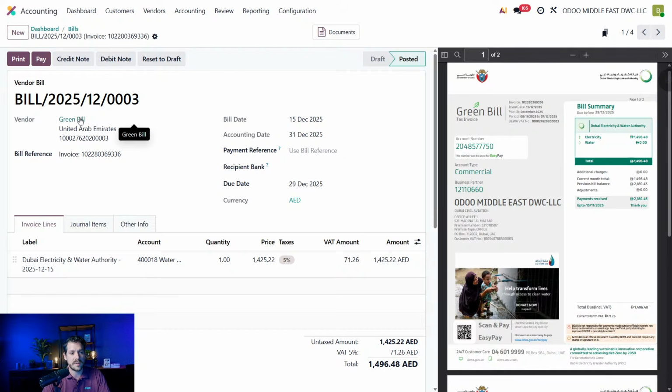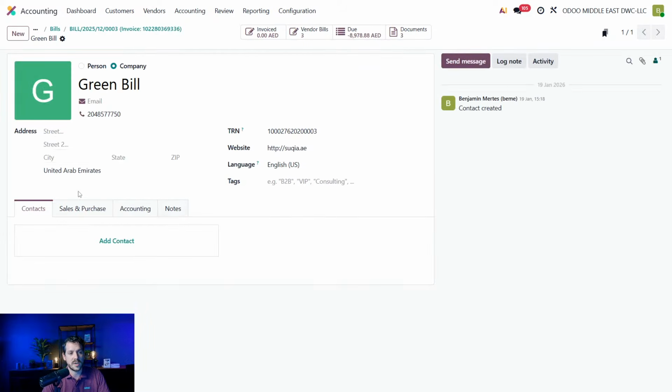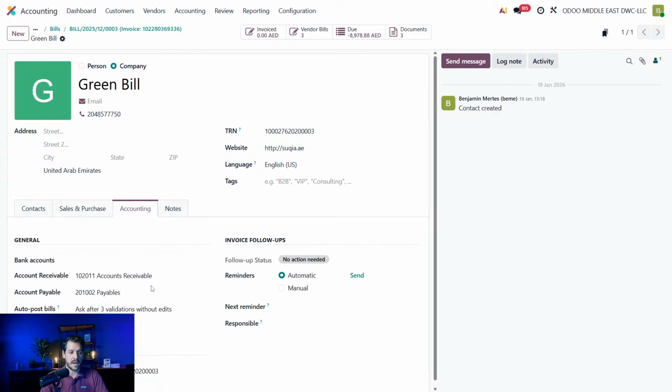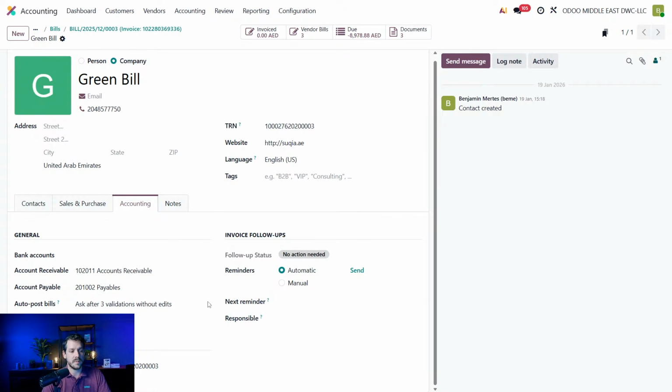Go check on my vendor. Here I can find the general information about my vendor, the country, the VAT number, any additional information that I would need. And I have here the accounting tab. In the accounting tab, I can see that I have multiple pieces of information, the account that's going to be used if I have a customer invoice from that contact or a supplier invoice from that contact. But what's interesting here is actually the auto post bill. In this case, I can select and ask Odoo to always post the invoice when it goes through the OCR. And that will work exactly the same